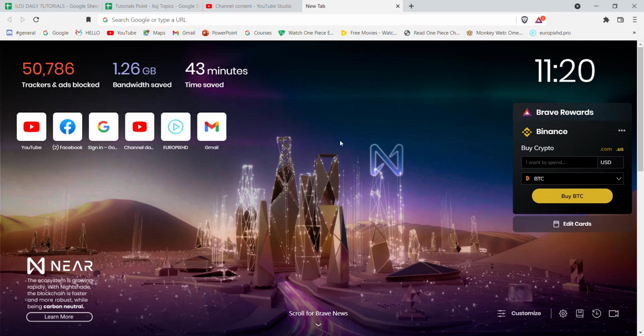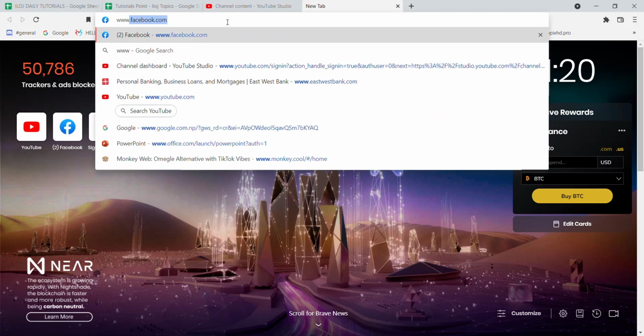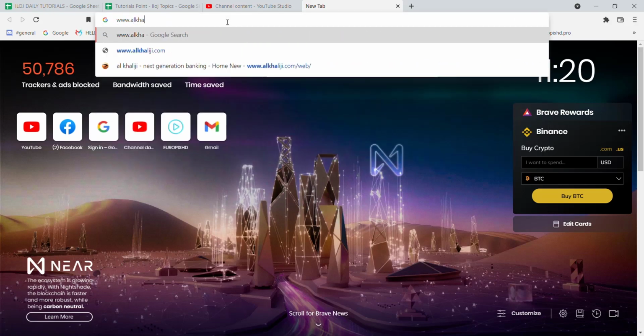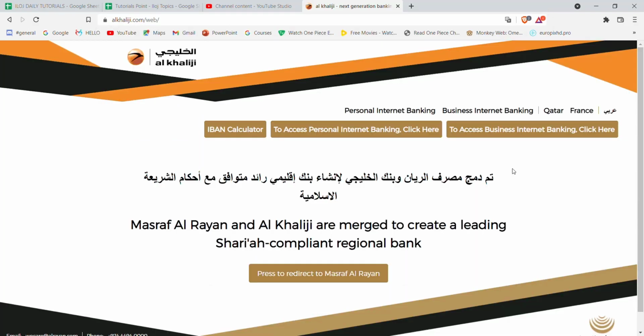First of all, make sure that you're connected to the internet. Once you've made sure that you're connected to the internet, open up a web browser. Now once the web browser is open on your screen, type in www.alkhaliji.com and hit enter. After the home page of the Khaliji bank opens up on your screen, on the top